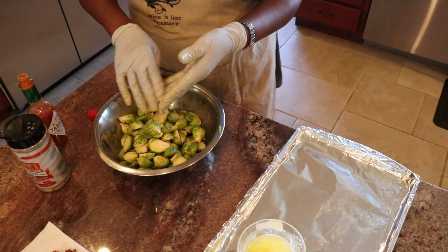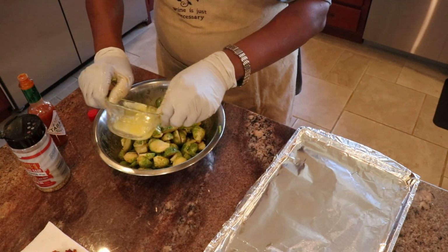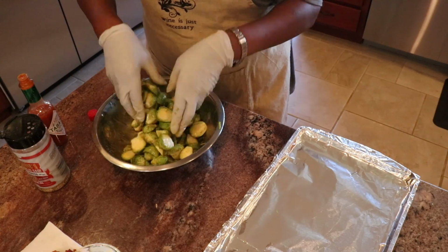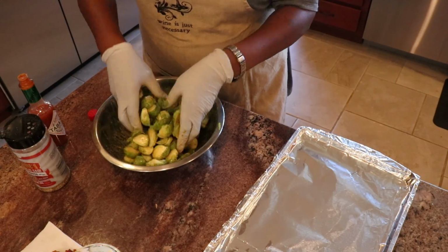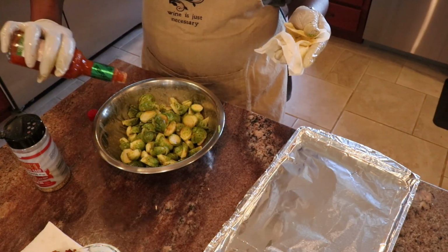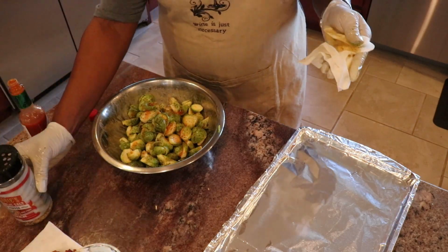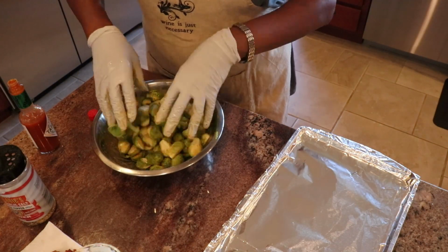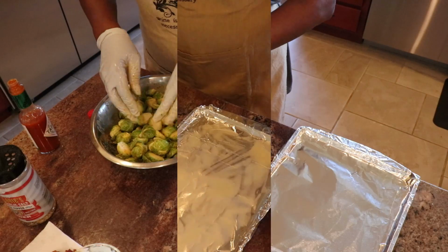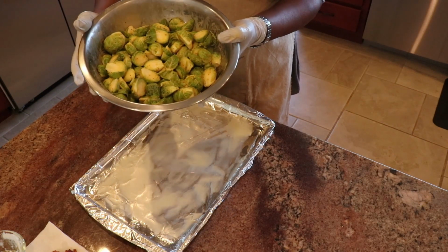And I may just add a little bit more butter, just to make sure that's coated very well. Mix it up some more. And I'm not afraid of heat. Hubby's not afraid of heat, so we're going to add a little bit more of this Tabasco. Maybe a little bit more of the Little Louie's. Mix. And that's pretty good. Okay, I've got all my Brussels sprouts covered and seasoning in the butter,